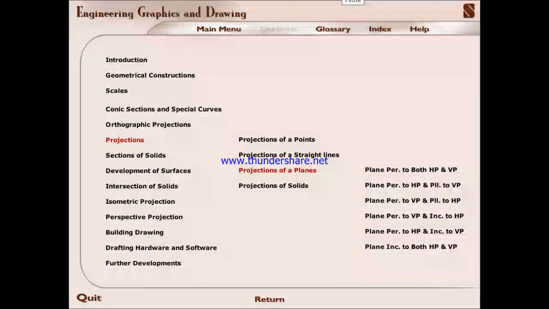E-lesson or video lesson, continuation of projections. We left the projection of planes and projection of solids. So now let us see in this class continuation of straight lines, projection of planes, that is